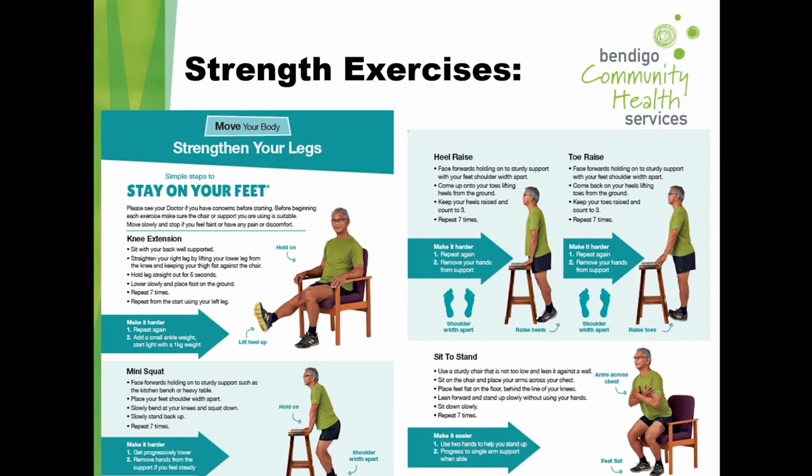These ones here are looking at strengthening basically your quadriceps, your hamstrings, your calf muscles, along with your glute muscles as well. So the first one here is a knee extension, which is the top one there, which is lifting from a seated position, straightening your leg out and then back down. Then we have a mini squat,